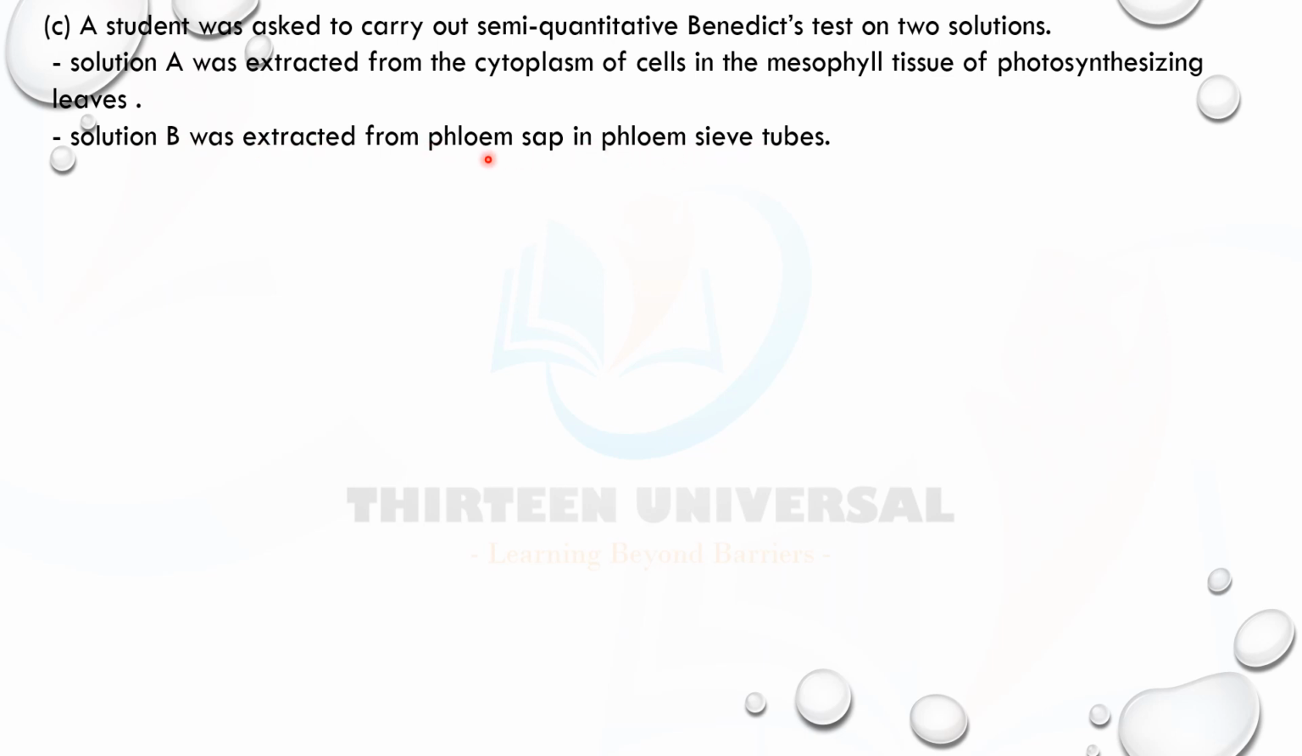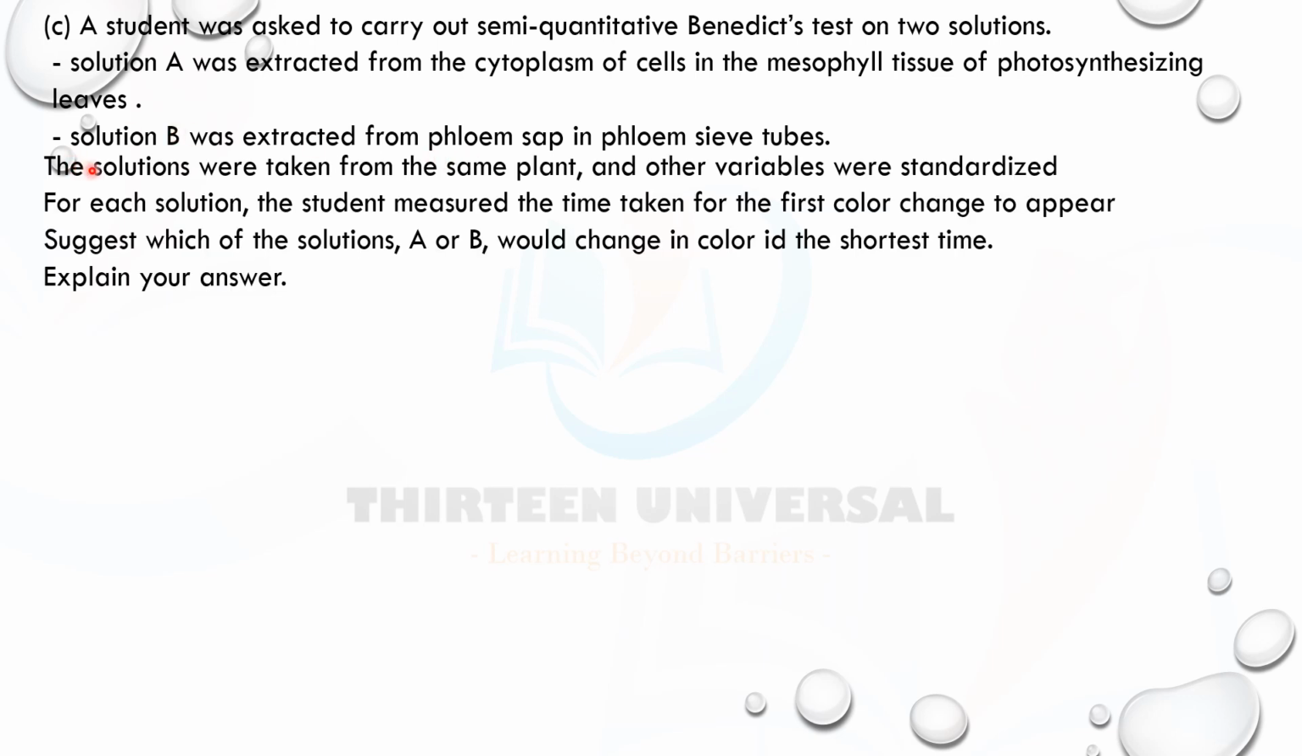So I have two things here. The solutions were taken from the same plant and other variables were standardized. For each solution, the student measured the time taken for the first color change to appear. Suggest which of the solutions, A or B, would change color in the shortest time. Explain your answer. When they say shortest time for color change,